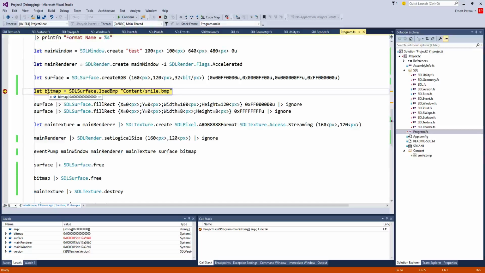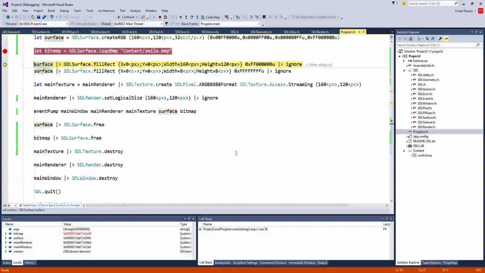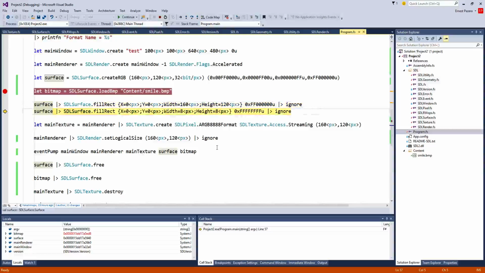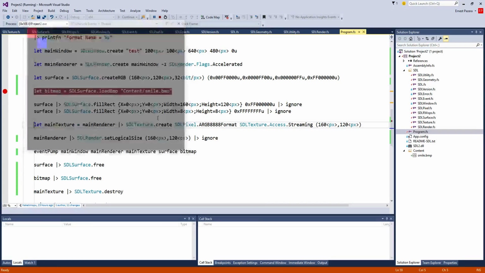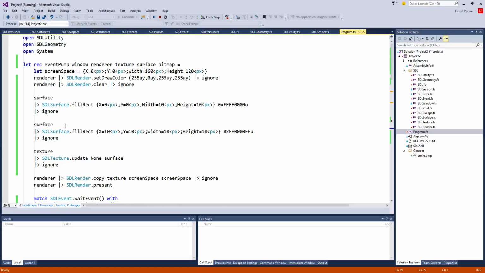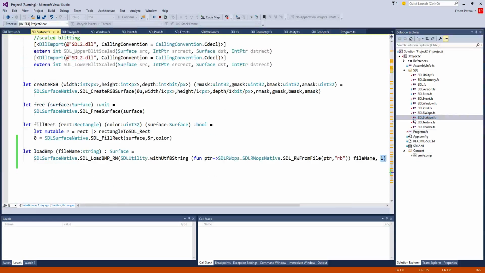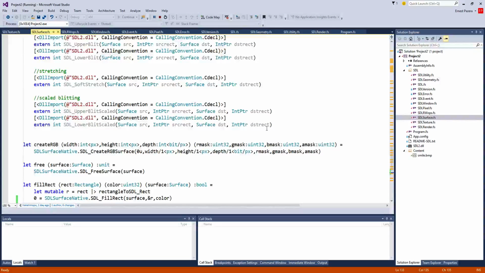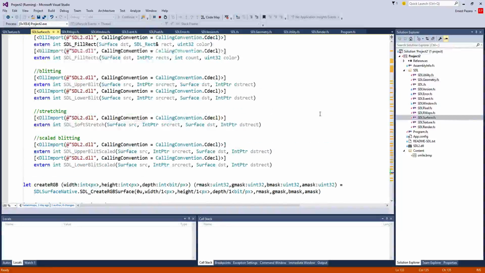Okay, so bitmap, it's a nothing, and ooh, what do we got? Look at you. All right. Yep. And we do that. We get that. All right. So now, in theory, something happened with bitmap, right? Oh, you know what I don't have? I don't have blit surface, which is